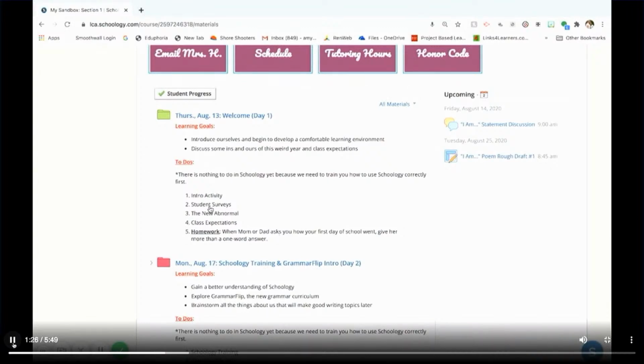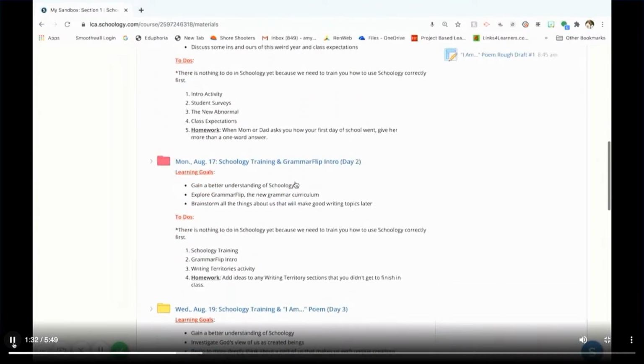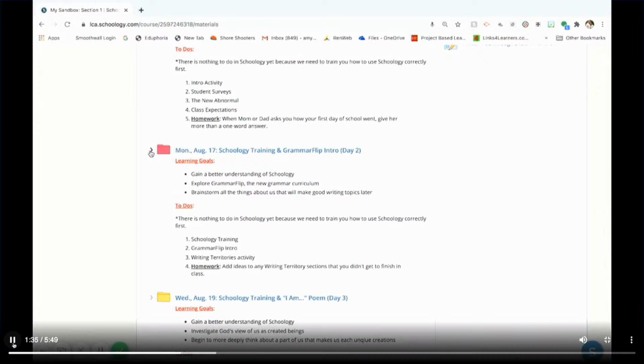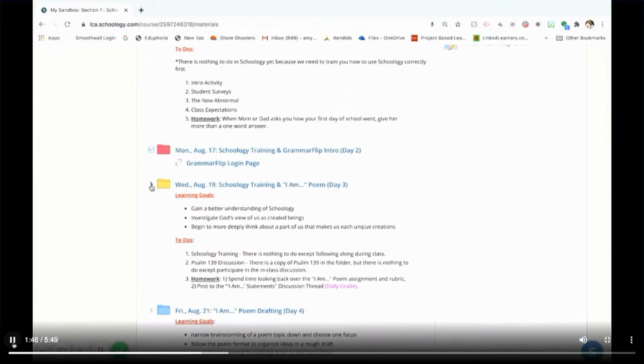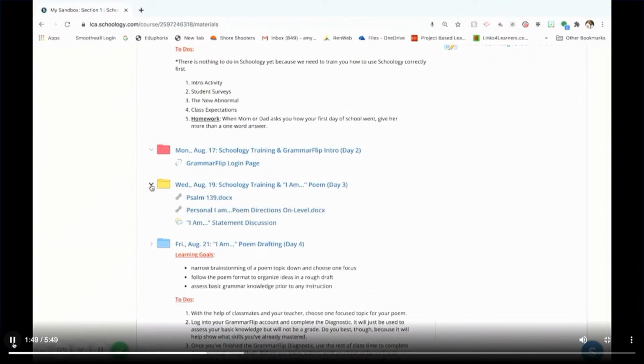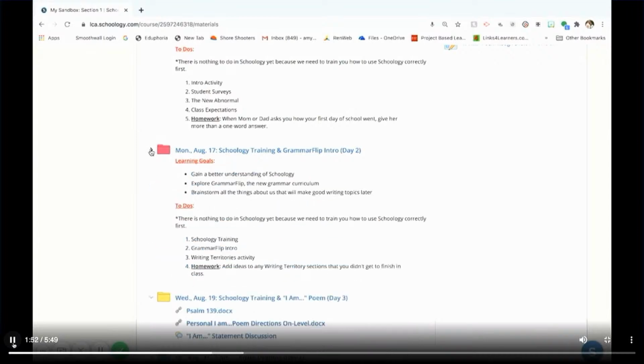If you ever go into a Schoology course and you do not see this description, then it could be because that folder has collapsed. So if you look off to the left of this folder here, you'll see that little arrow. You always want that arrow pointing toward the folder. If it's pointing downward, then you'll notice it collapses that description for you. So again, whenever you go into a course, always make sure that arrow is pointing toward the folder. This information read even before you open up a folder,